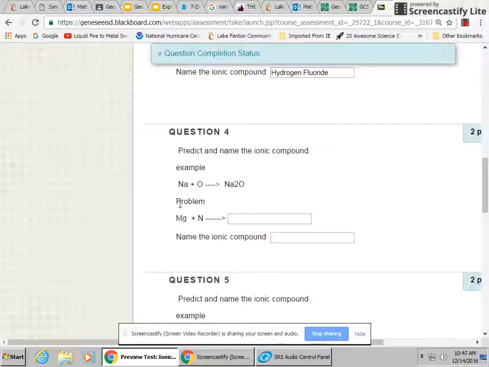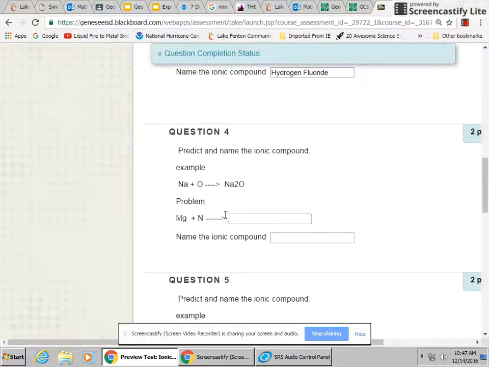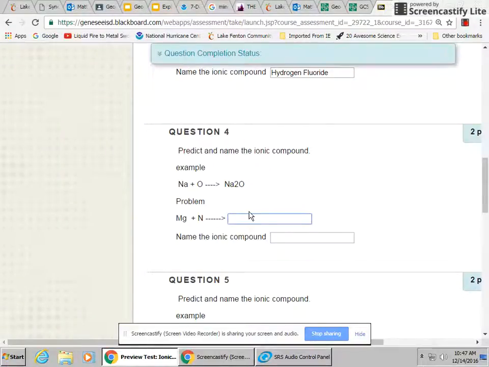Magnesium, same thing. Get the charges. I believe magnesium is 2, and nitrogen is 3. You just cross the 3 over to magnesium, and the 2 over to nitrogen. So this would be Mg3N2. Just like any ionic compound, you name the metal,